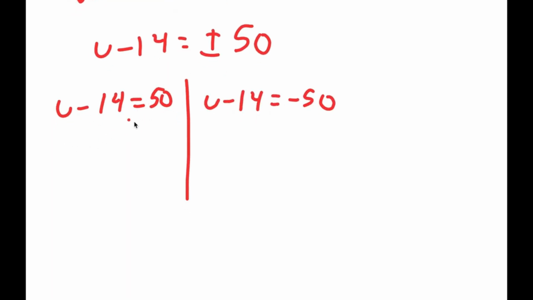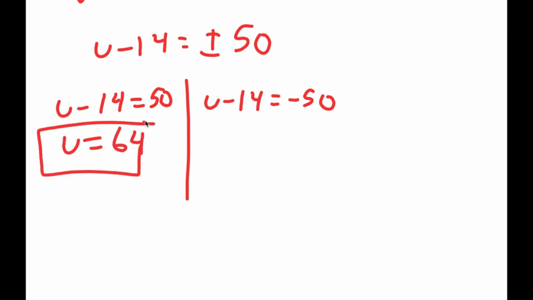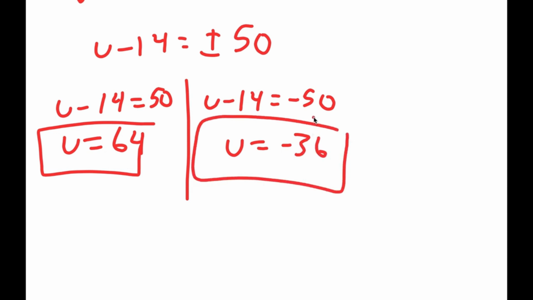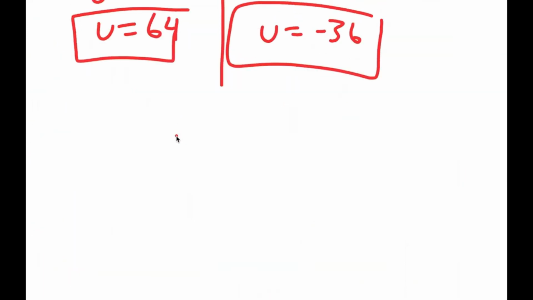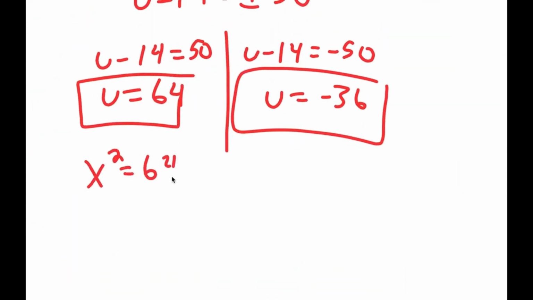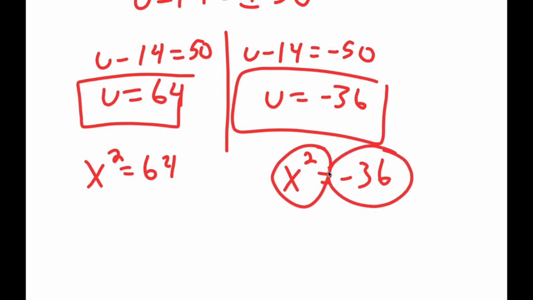So u minus 14 is equal to positive 50, I get u is equal to 64. And u minus 14 is equal to negative 50, I get u is equal to negative 36. Now remember how we let u equal x squared. So this means that x squared is equal to 64 and x squared is equal to negative 36. Well, we can't have a number squared equal to a negative number, so this is wrong, meaning that x squared equals 64